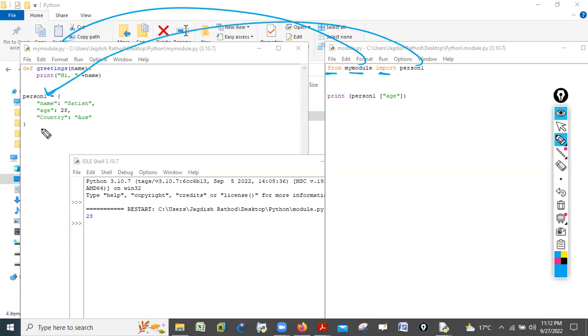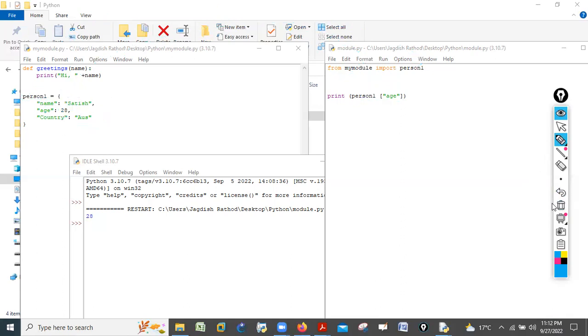So if you are importing the person one, always remember that you have to call the person, that means from where you are importing, and here you have to use the variable, either name or age or country. You cannot use the name Satish, you cannot use 28, and you cannot use Australia.